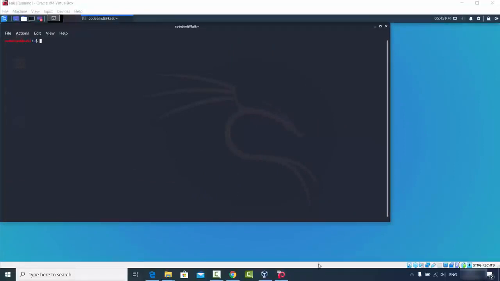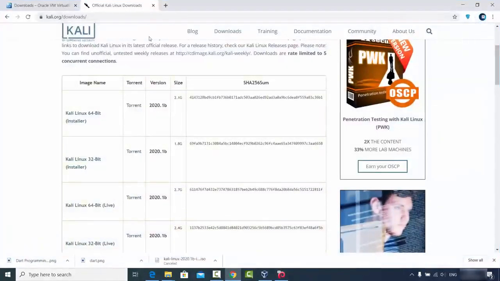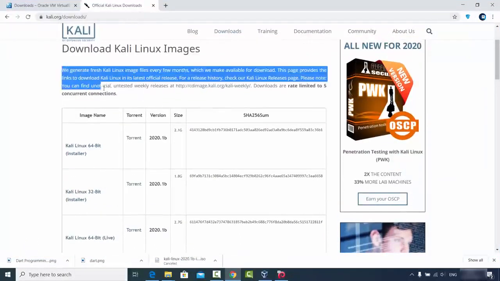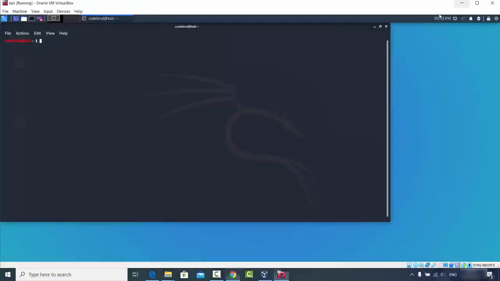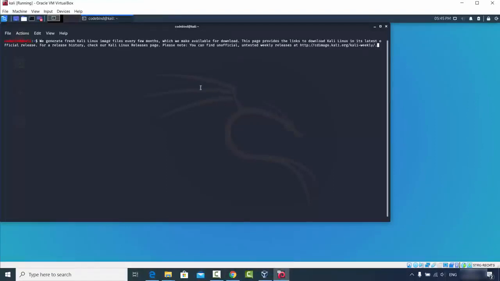Now let's say I want to check whether my copy and paste options are working or not from my Windows operating system to my Kali Linux. So I can go to the browser and just copy some text from here. So let me copy this text. This browser is running on my Windows operating system. I will just copy this text and then paste it on the terminal,